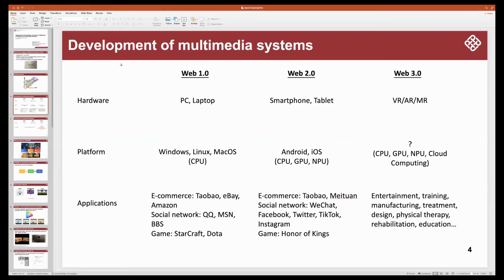We are going to use VR, AR, and MR systems. But so far, we don't have a very good or agreed platform to do the computing. We are still using CPUs, GPUs, NPUs, and maybe also cloud computing. But after several years, we will have agreed systems to work on, so that all different products and platforms can work together to create